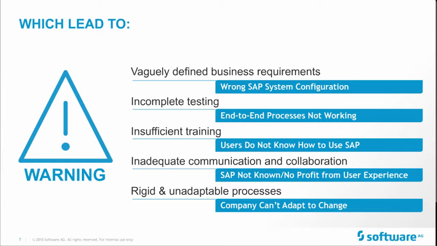Communication and collaboration is a very important topic, as you need to make the company aware of the system that you're using, and aware of the processes that are supported by SAP. If they are not known, of course, you first have a problem. And if you don't share with your colleagues and with all the business, you also have the disadvantage that you don't get feedback. You don't profit from the end user experience, so you're not able to change and adapt your processes.